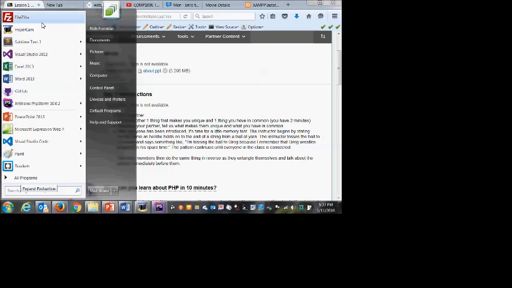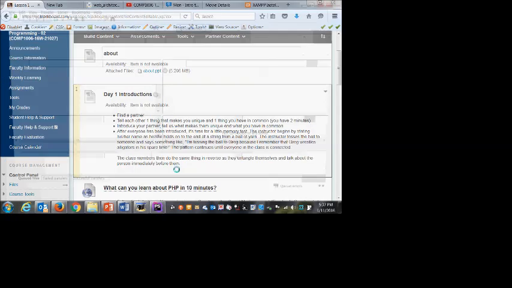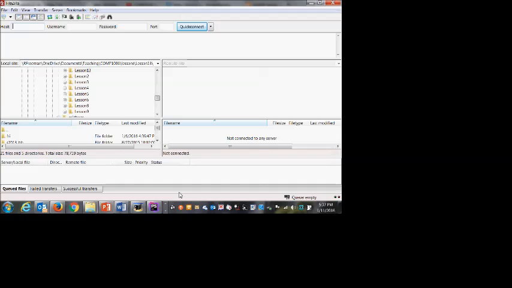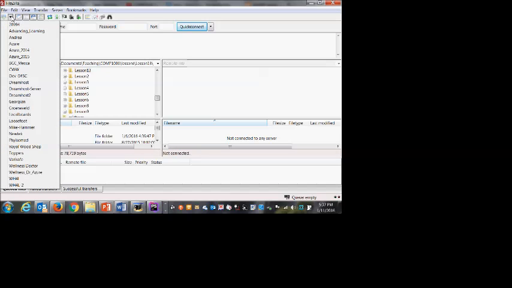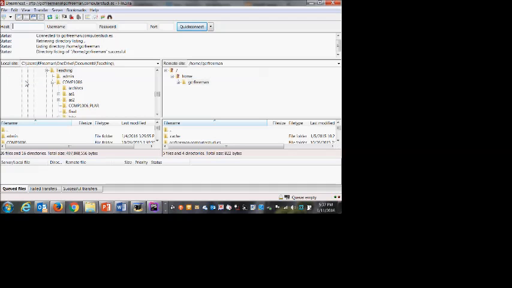So I'm going to open up Filezilla. Probably you already have your connection to the server saved, so you don't have to enter your credentials every time. If you haven't done that, you can save your credentials through this little site manager. If you just create a new site, I created a site called DreamHost, which is the host we're using. So when I connect,